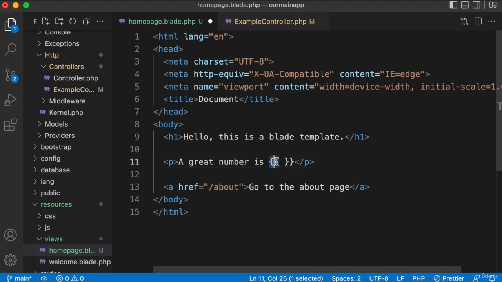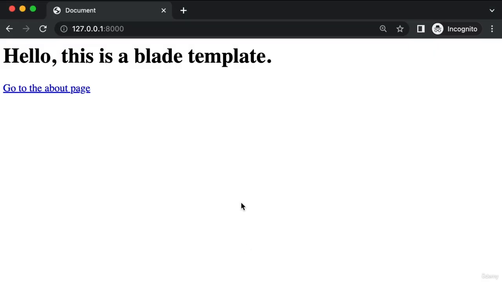So two opening curly brackets and then two closing curly brackets. Now, inside there, we can do something dynamic. So we could say 2 + 2. If we save that and refresh, there you see it. It actually performed that operation,